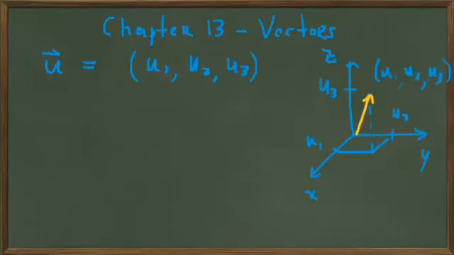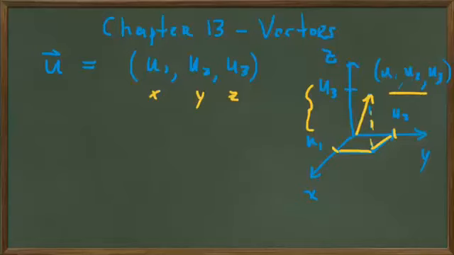So we've drawn on the X, Y, and Z axes in 3 space the X, Y, and Z coordinates of this vector U. So the X coordinate U1 is here on the X axis, the Y coordinate U2 is on the Y axis. We draw where the coordinates U1 and U2 would be in the XY plane, and then we move up above that in the Z direction the distance U3